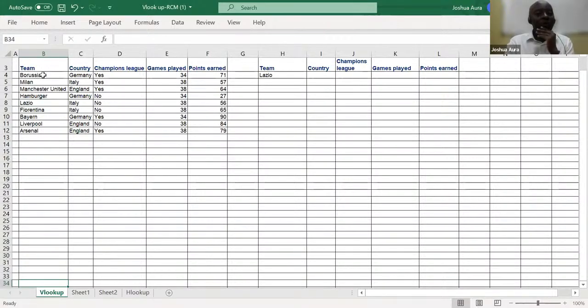For you to be able to move across those rows which are running to tens and tens of thousands,